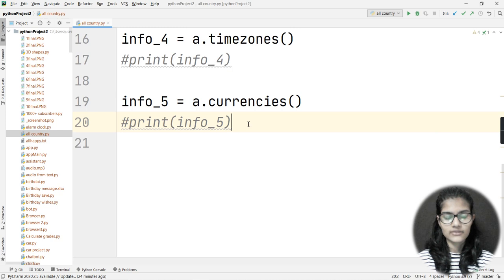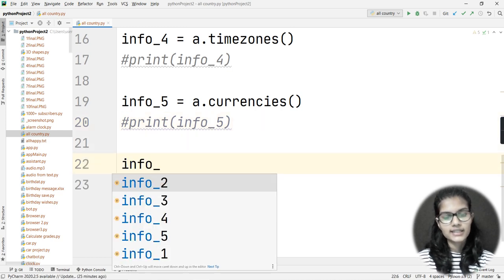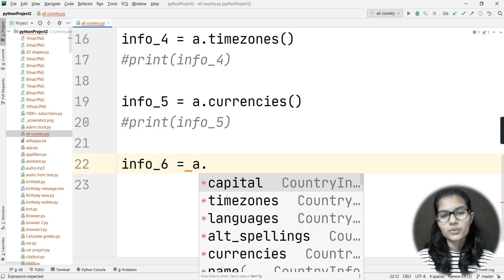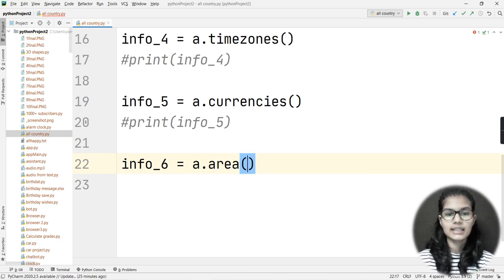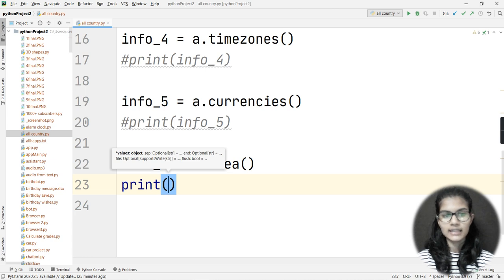After the currencies and after the time zones, now it comes about the area. Let's say someone has a little bit of interest in the geography side. Okay, so now we just want to see what is the whole area which is covered and all that. Let's say we just want to see about the latitudes, longitudes, and all those things. Right, so for that we have a function in this country info library, and that is area. Now this area actually helps us to see all these things in detail about the latitudes and the longitudes and all those things of this country.